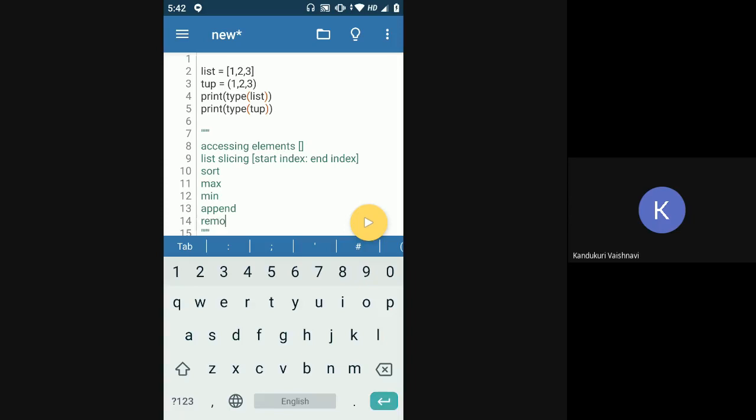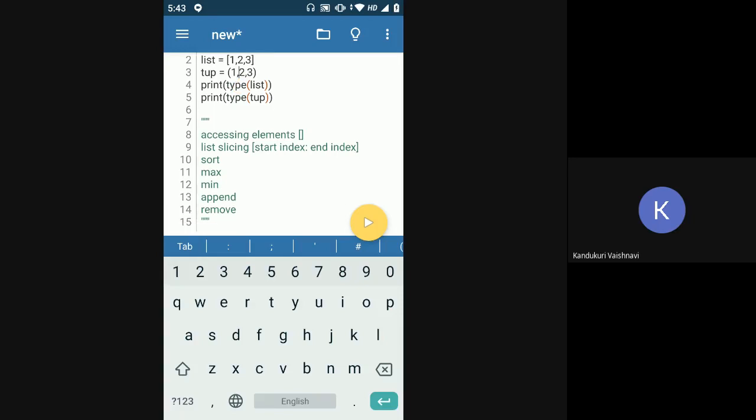All these things will be applicable for tuples as well. Whenever you think of tuples, it is exactly the same as a list. We'll see what the differences are, but the most important difference is how you create a tuple. While creating a tuple, you will use round brackets instead of square brackets. That is the first difference.